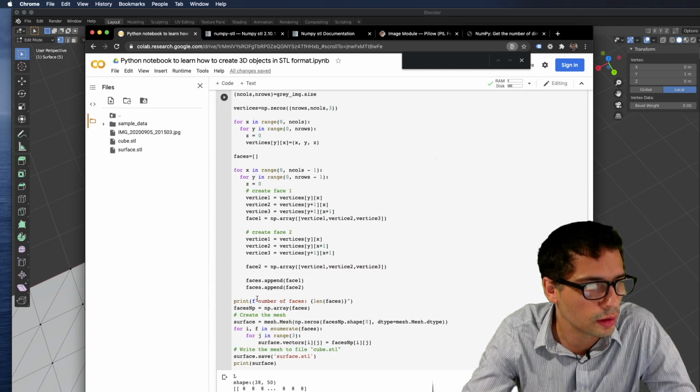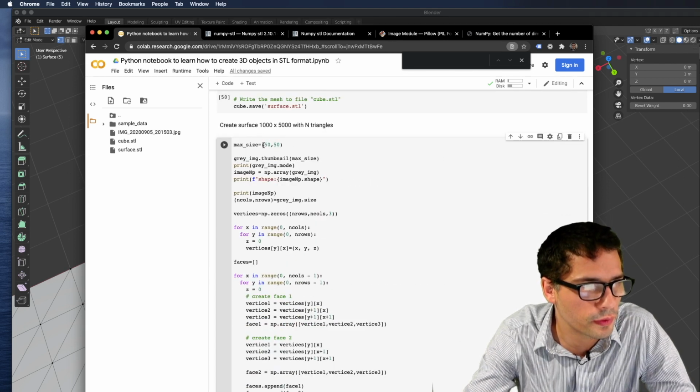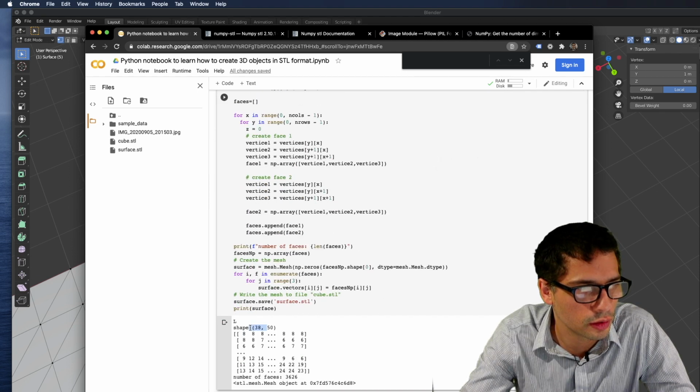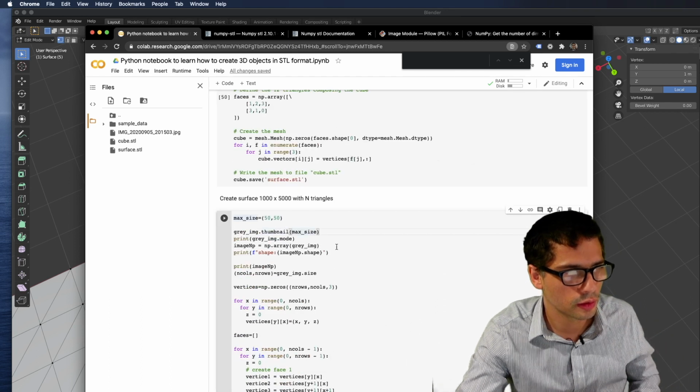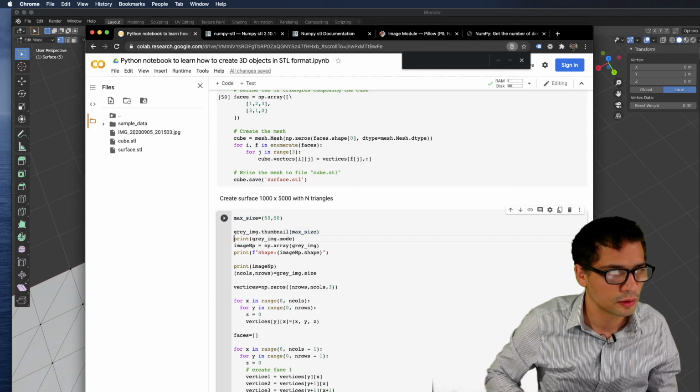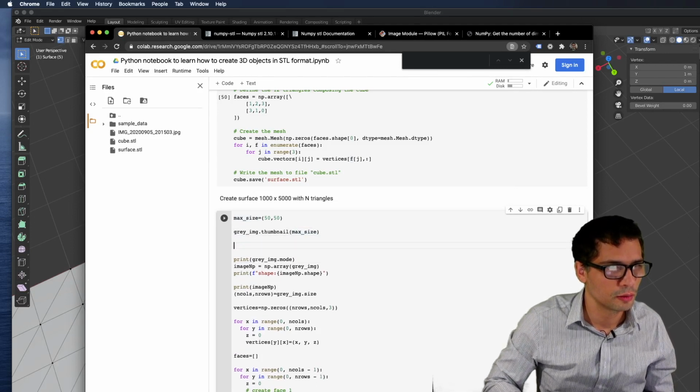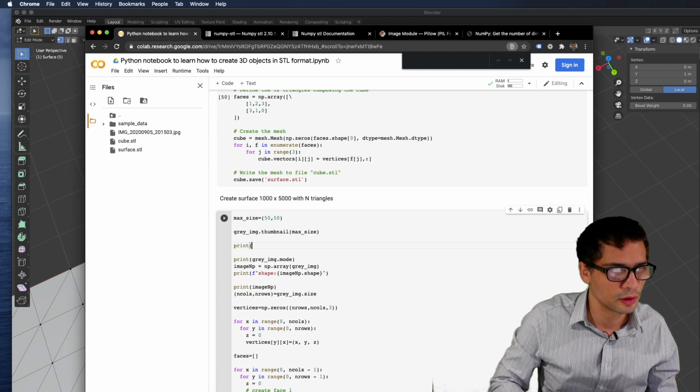Okay, so remember 50 by 50 is our maximum size, and then I don't know if this is the number of rows or the number of columns, we'll find out if I check. Let's print the image size after resizing.